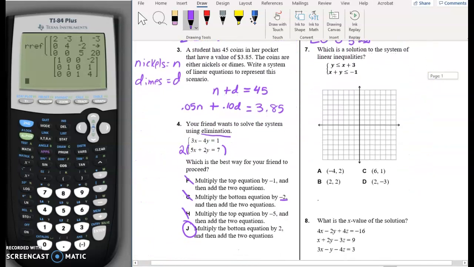So now moving down to number 7, it says, which is a solution to the system of linear inequalities? One of these 4 points is a solution to this system. Now I'm going to go ahead and graph it onto this blank graph that is provided. Looking at my first equation, it's already in slope-intercept form, so I'm going to go ahead and graph this one